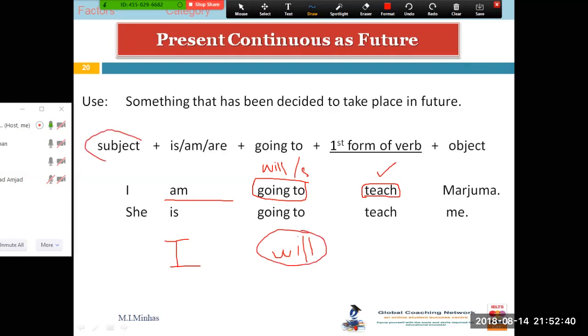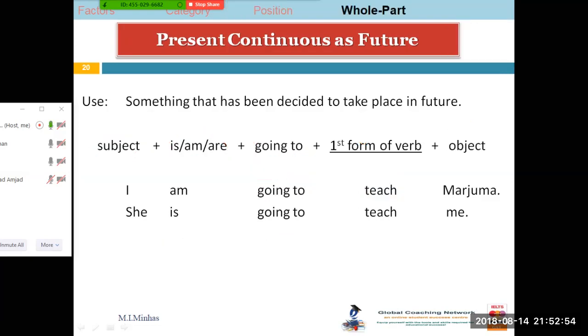So please remember this structure. It has got subject and then is, am, are followed by going to, and then we use the first form of the verb and then object. Okay, and that's all about present simple tense. And now I'm stopping this recording and we will